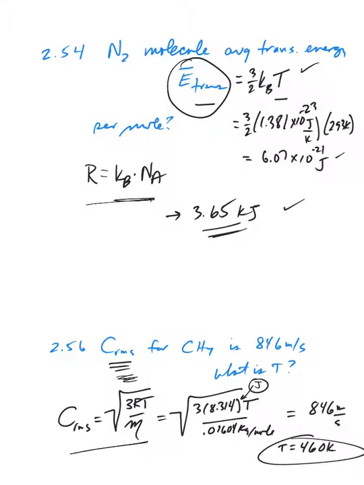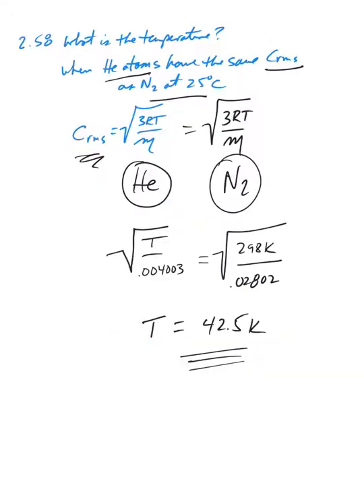Because we're in the energy realm, you're going to be using the 8.314 version of the gas constant. I recommend that you redo this problem writing out the individual units for joules. Remember, kilograms, meters squared over second squared, just so you see how everything cancels. Anyway, we were given the speed of this sample of methane, and if you churn through, you see that the temperature is 460 Kelvin. So a substantially warm environment for this kind of speed. Let's take a look at